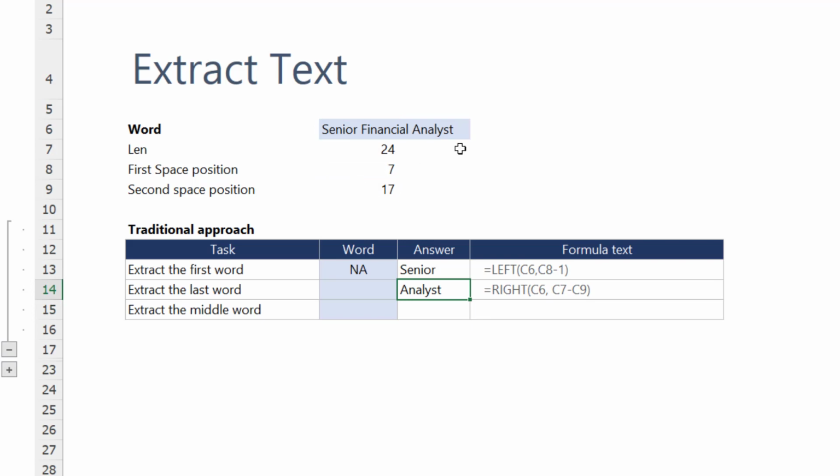What if we wanted to extract the middle of any text? In this case, I want to extract the word financial from it. Now the second word will be between the first space and the second space. We know that the first space is in the 7th position, so that means the second word will have to start at the 8th position. So we can use the MID function to pull this out. MID C6, comma, the starting number is going to be cell C8,